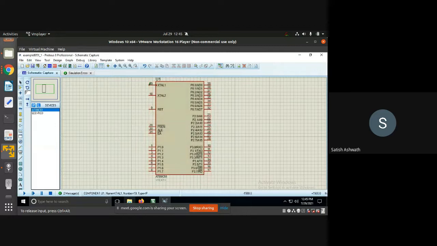Even though the XTAL1, XTAL2 connections are not shown, we don't need to connect anything specifically here, because that is taken care of internally by the controller itself. You can directly write the code and use it as it is. You also don't need to connect the power and ground pins. That is not even shown here. So you can directly start using it for programming.